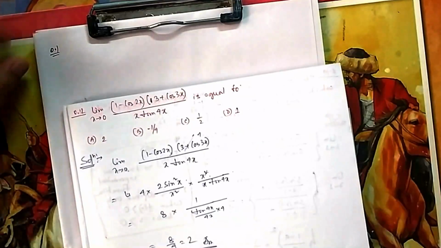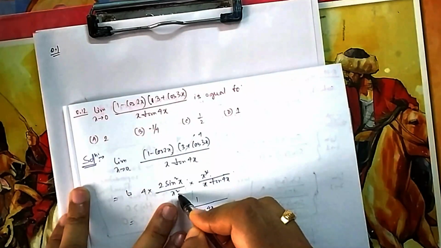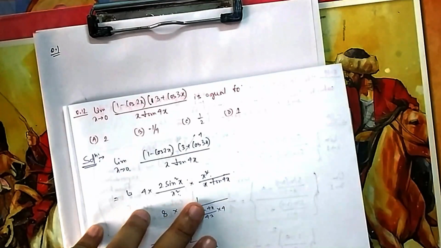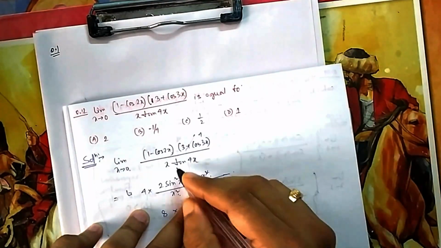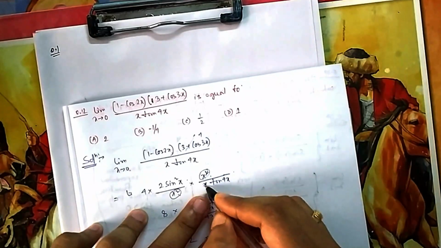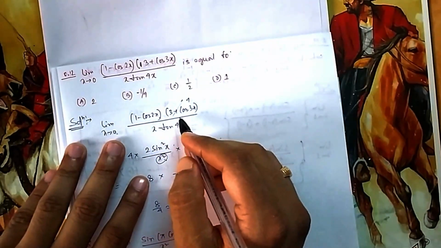If you come to question number 12, this is equals to. So again 1 minus 2x is there, you always go to sin square x. So 2x is there. So that 2x will take care of this one, x is there. You write because you have written x square, so x square. 1x is there, 1x is extra. So this x will take care of this tan 4x. And this one I am directly putting it because it is not creating any problem.